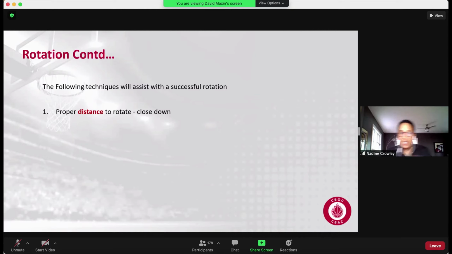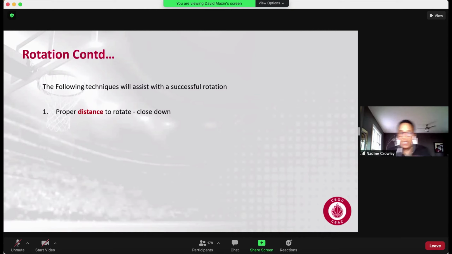and they have done a great job of getting down the floor and getting to their setup position so that as the play advances, our lead official is already in position. And because the ball is on the weak side, our lead official is in that closed down position and ready to move if necessary. So we've got good coverage by all three officials on their way down the floor.